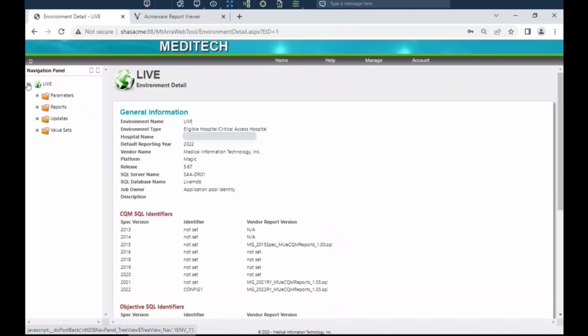Use the plus sign on the left side of the screen to expand the live environment. Within the live environment, there are four folders: Parameters, Reports, Updates, and Value Sets. Use the plus sign to the left of the Parameters folder to expand it. Core Menu, CQM, Objective, and AUR are options. I am selecting CQM,